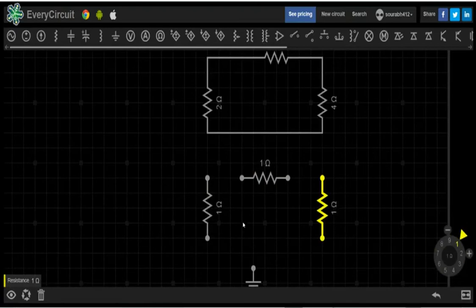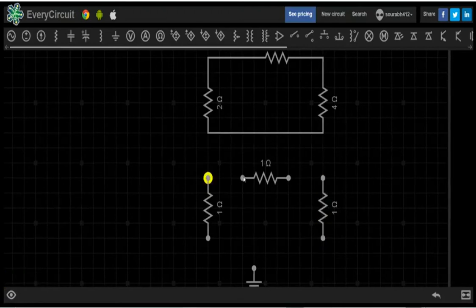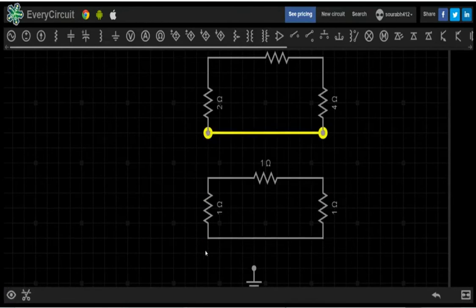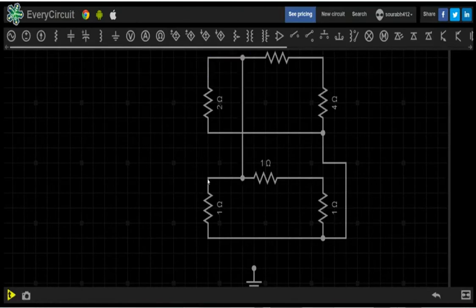Now here also you make the corrections and the connections. So these negative terminals are common. Just click here, it gets connected. And the positive terminals are also common on the input side, the V1 side. So it's connected, and the positive terminals are common for the output side also. So this and this we have to connect, and it also gets connected.